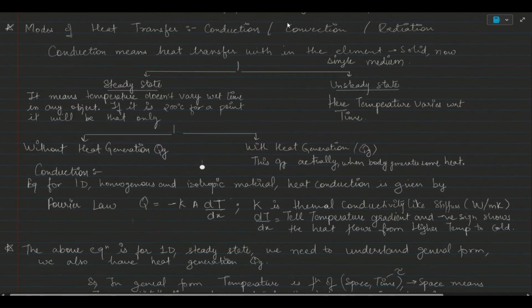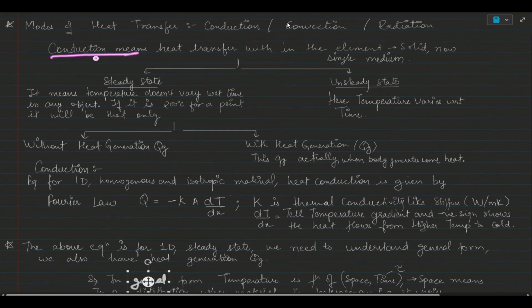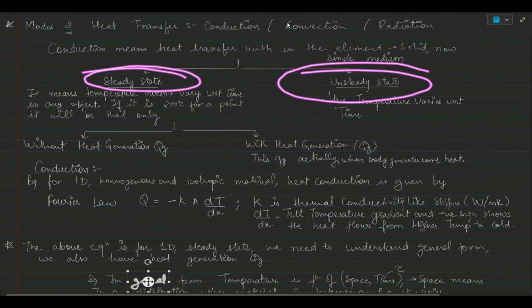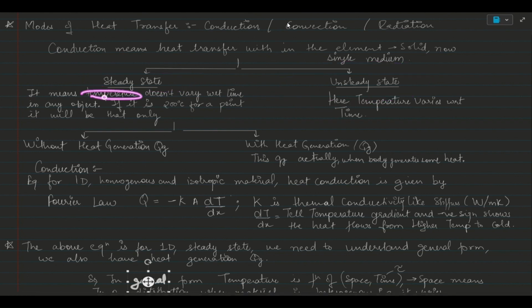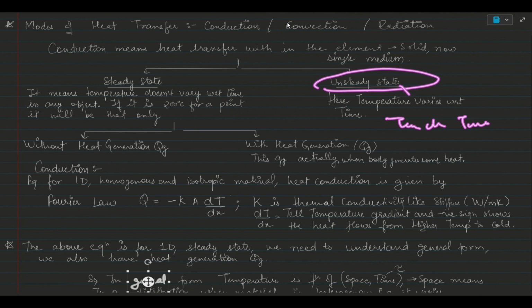Okay. Now let's talk a bit more about conduction. Conduction is further divided into steady state and unsteady state. Steady state simply says the temperature that you are going to deal with is not going to vary with respect to time. It's going to be constant. Then unsteady state says, okay, I am going to deal with the time. So if the temperature is going to change with respect to time, I will let you know. So I think this is much more realistic, isn't it?